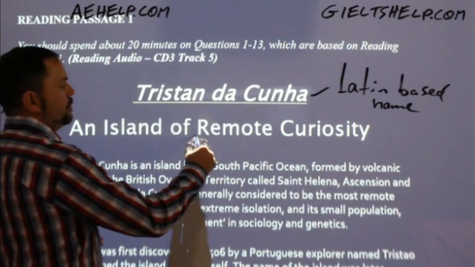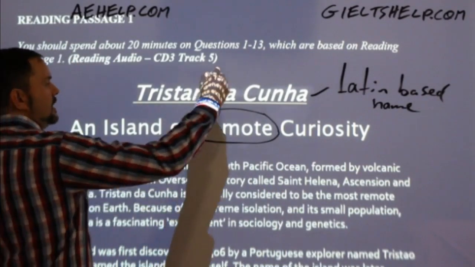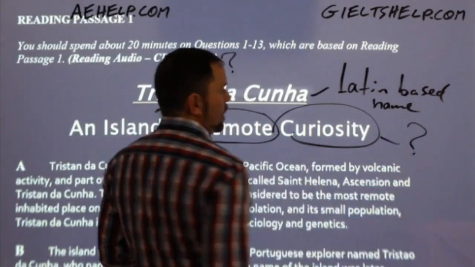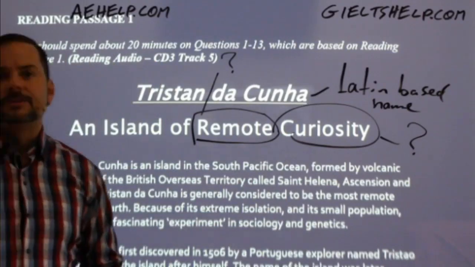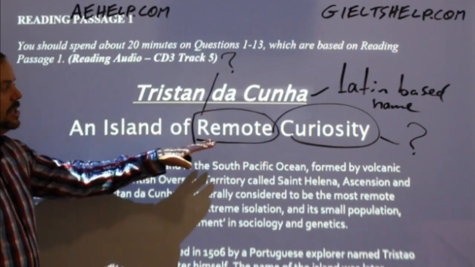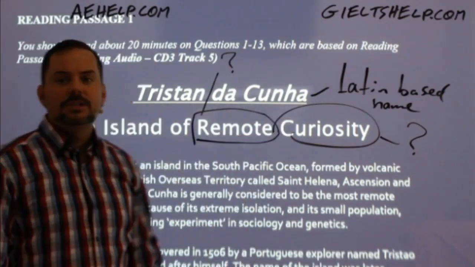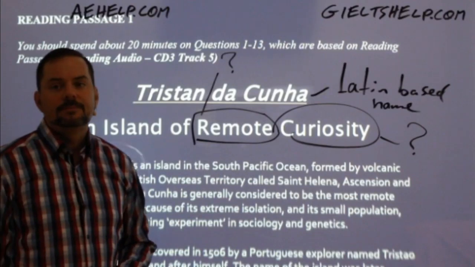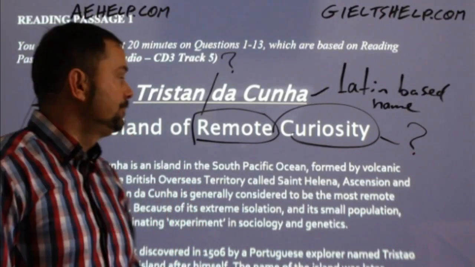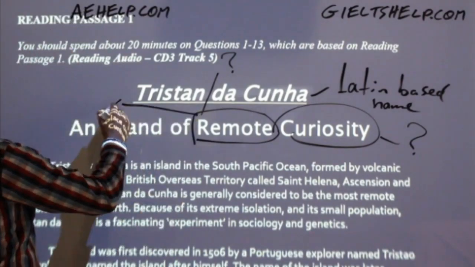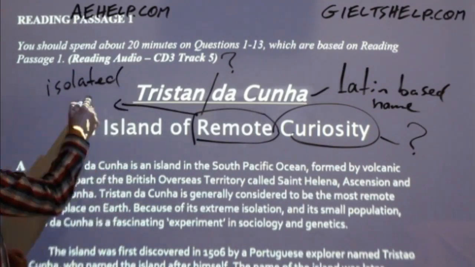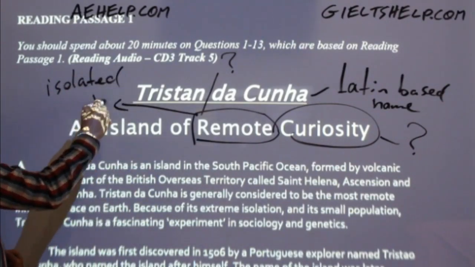What does the word remote mean in this context? So this word and this word, these two words are quite important. Again, whenever you see, of course, I'm sure you know the meaning of island. So think about remote and curiosity. What does remote mean? Preeti says it means rural. There you go, Roshni, very good. Roshni says this means isolated. So if we're talking about an isolated island,